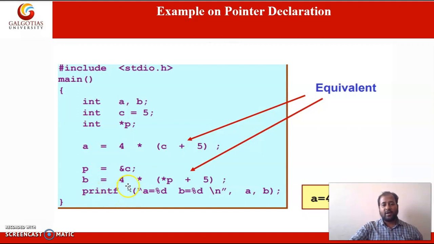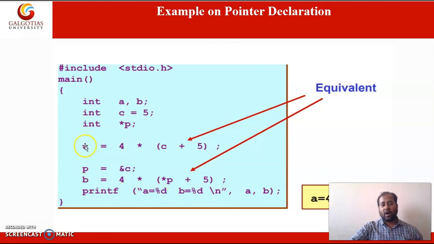So it is 4 into star p. Okay, what does it mean? It is accessing the value at the address in p, that is c. It is accessing the value of variable c. So the value of variable c is 5, so it will be 10 and it will be evaluated as 40.